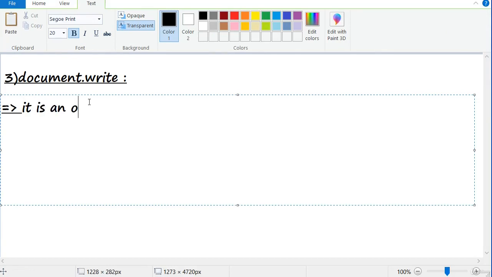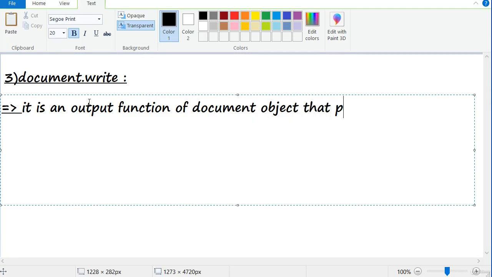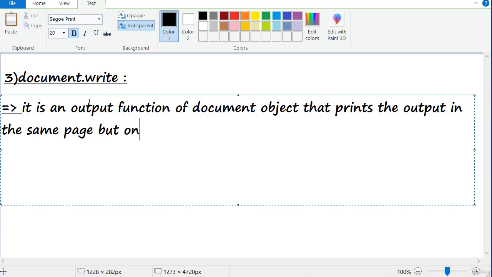It is an output function of document object that prints the output in the same page but on a new screen.